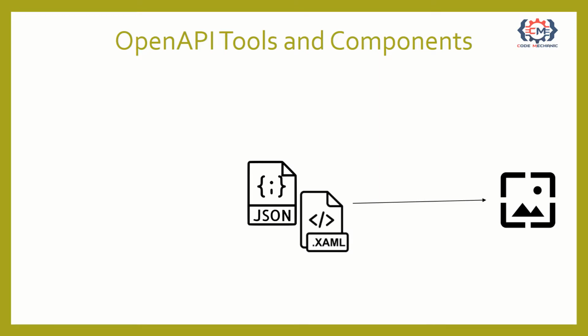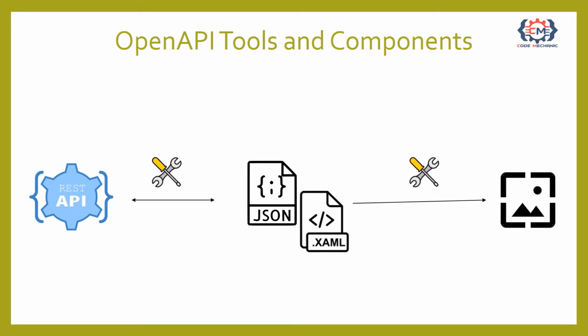So that's the story. We have a specification, and from that specification a documentation UI, which is typically a web application, can be generated. But unless we want to manually write such a specification, we need some kind of component or tool that generates that specification by inspecting our API. And then we need another component that does something with that specification, for example, generating that documentation user interface from it. It can also be used to test our API.